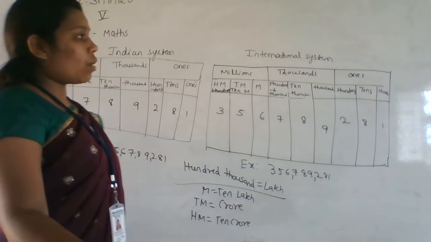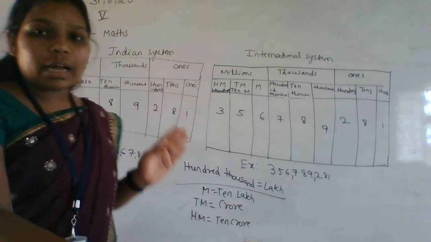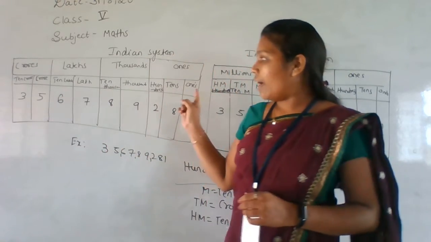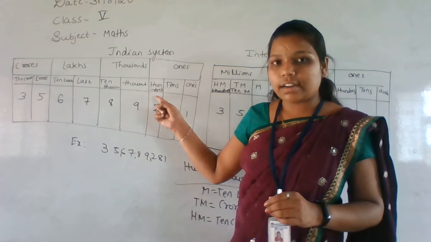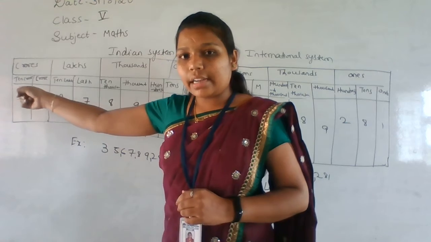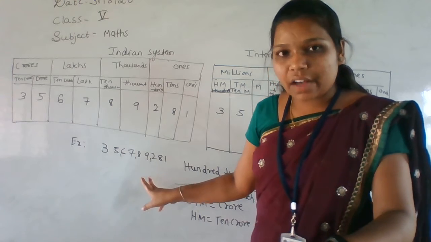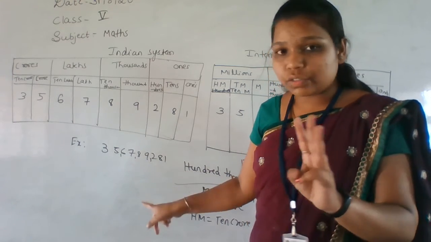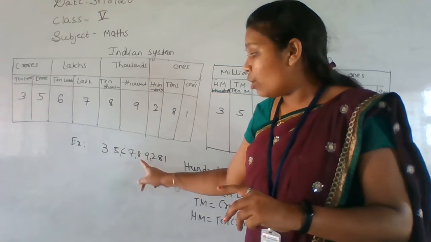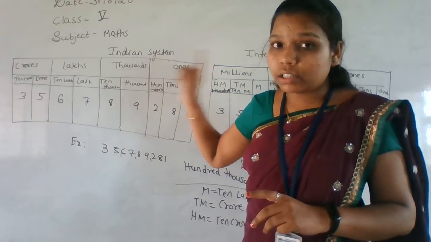Getting everyone? So this is called the international system of enumeration, and here is the Indian system of enumeration. I hope everyone knows the Indian system of enumeration. Once again I am explaining here. See, first we have ones, next tens, hundreds, after that thousands, 10,000s, lakh, 10 lakh, crore and 10 crore. Even if I write one number here, it will start with 3 digits only. So in the beginning we put a comma after 3 digits. After that, for every two digits you have to put the comma according to the Indian system of numeration.